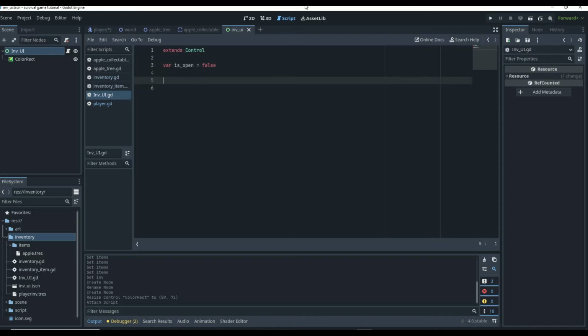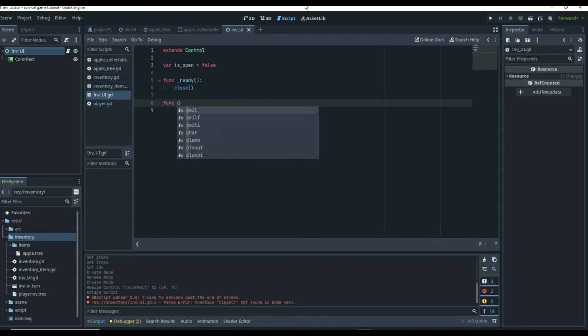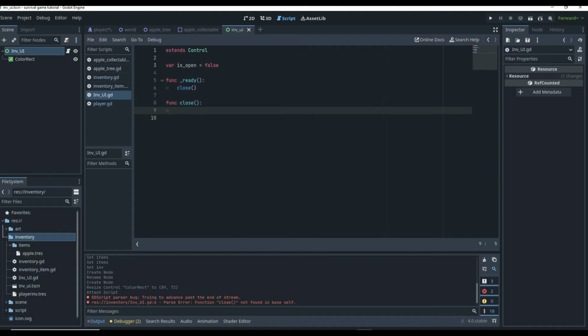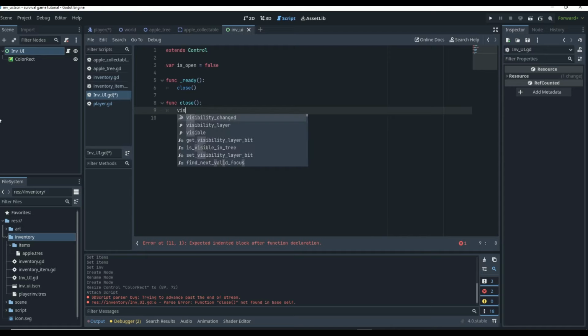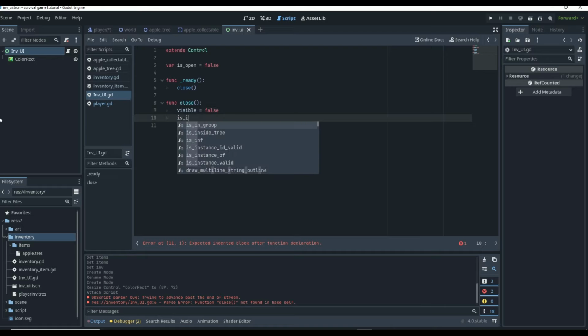But then we're going to have a function at the very beginning of the game to make sure the inventory is closed. So on the ready function, we're going to close the inventory. Now this function doesn't exist yet, but if we come down here, we can make the function close. And in the function close, we're just going to change the visibility, and we're going to say is open is false. So we'll say visible